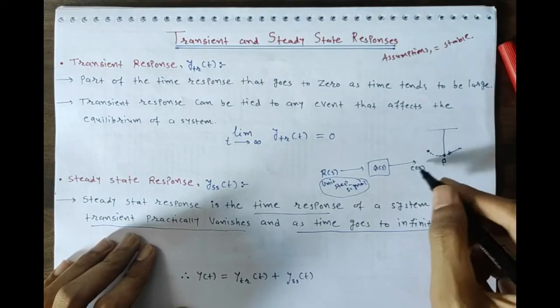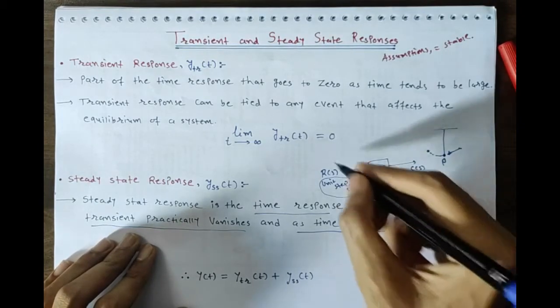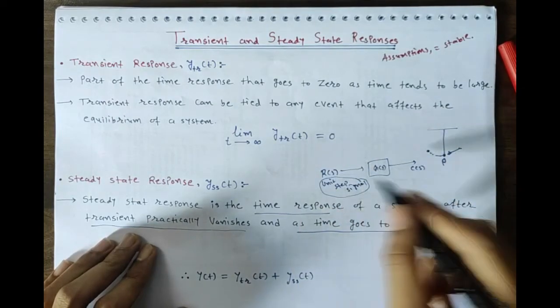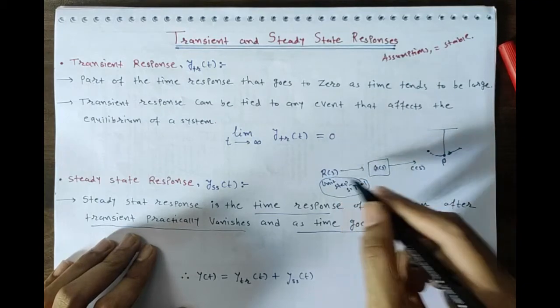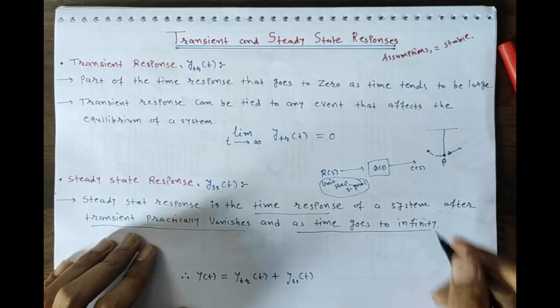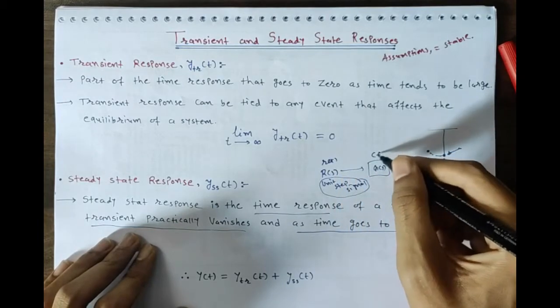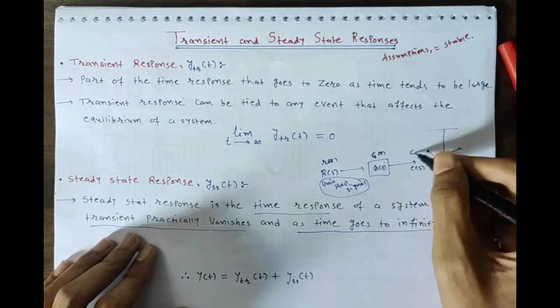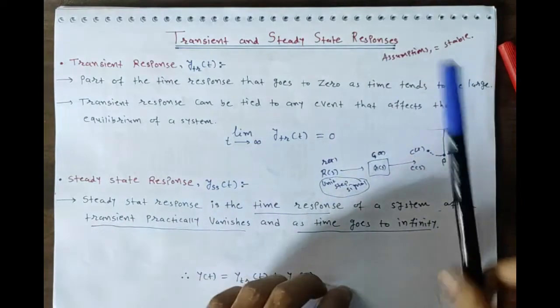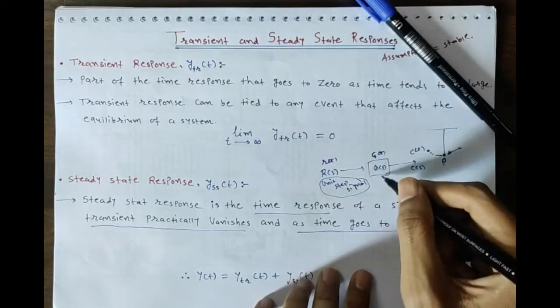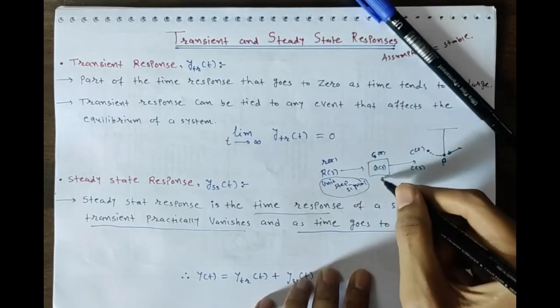Okay, so you want to find the value of C(s). Now all these things are functions of time. We are defining them in the Laplace domain, that is why it is R(s), G(s) and C(s). So in the time domain it will be your r(t), your g(t) and c(t). So if you apply a unit step signal, and let's say the behavior of the system,